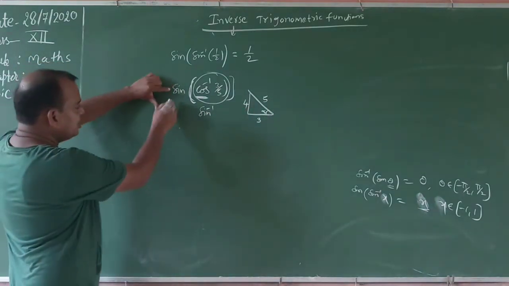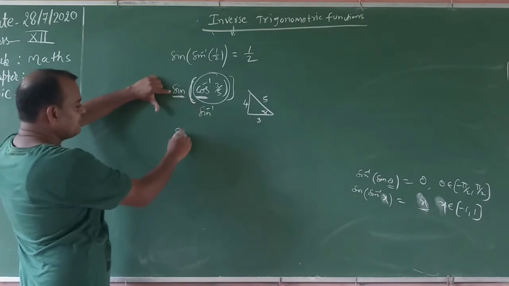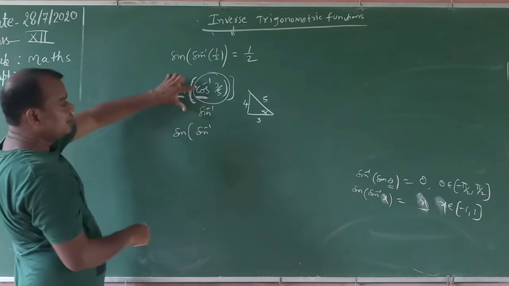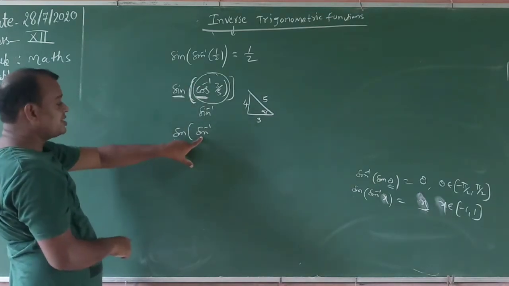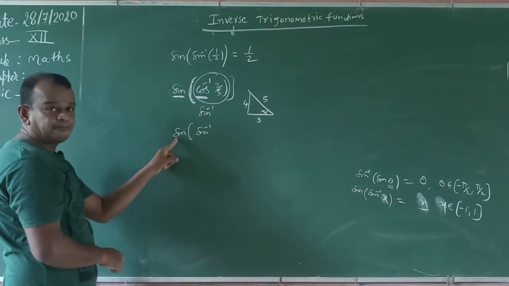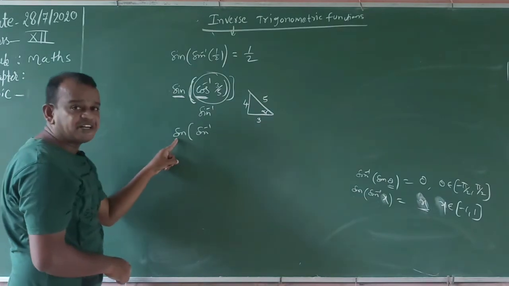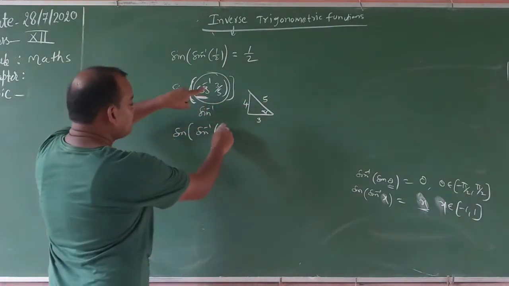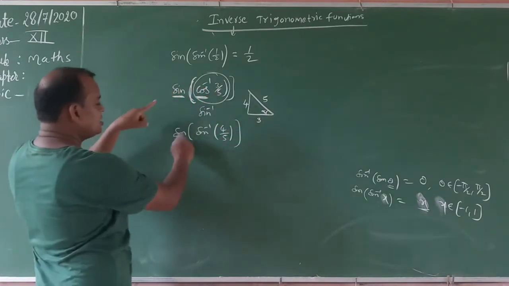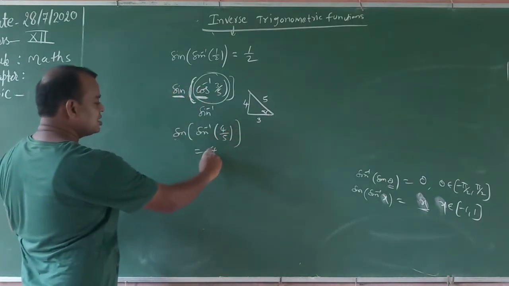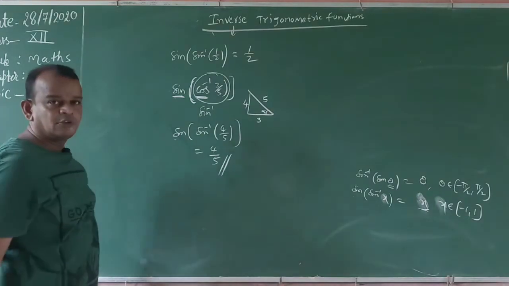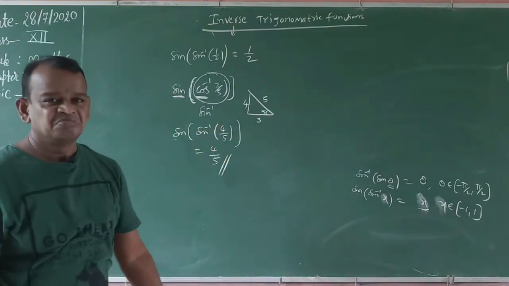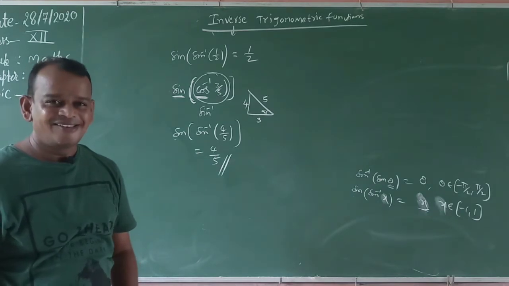Yes, in front of it, what is given? Sine is given. 100% you will write here sine inverse of. Instead of cos you write sine. Why sine? Because in front of it sine is there. What is the definition of sine? Opposite side by hypotenuse. Opposite side is 4, hypotenuse is 5. Sine inverse cancels. What is the answer? Why? Because cancelling works only when the value belongs to minus 1 comma 1. Not understood? Tell me, boys.